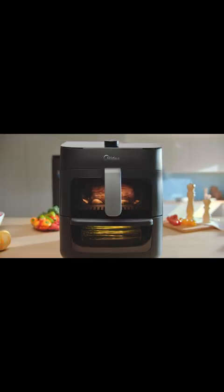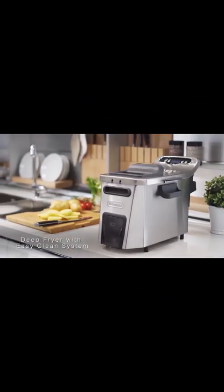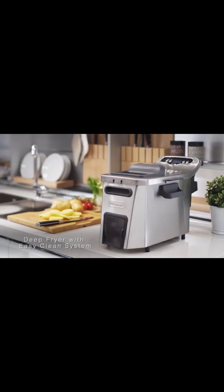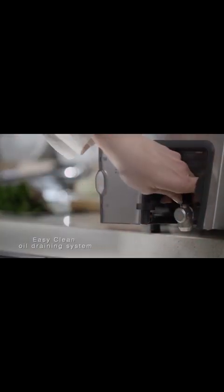Specifications. Dimensions: 11 by 13 by 15 inches. Capacity: 4.7 quarts. Power: 1,800 watts. Temperature range: 265